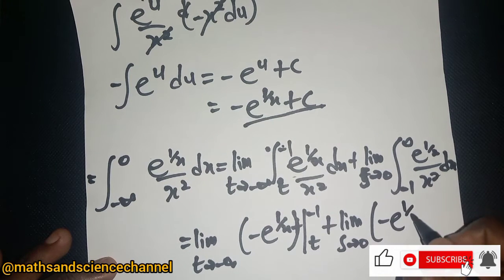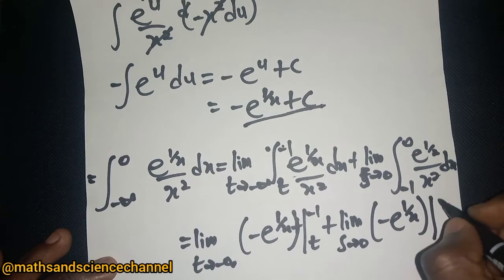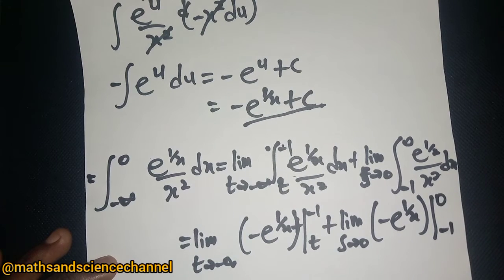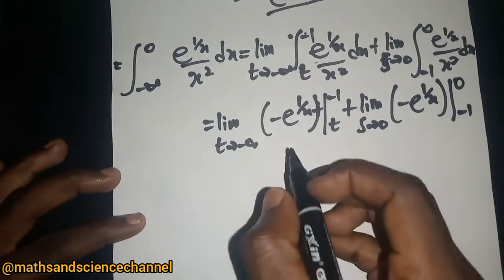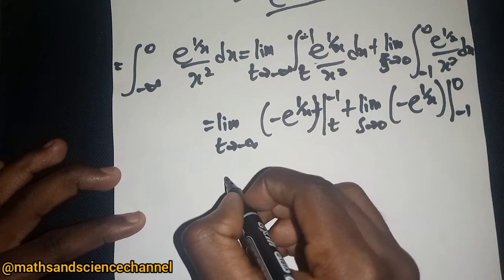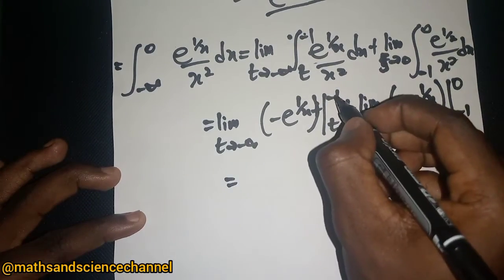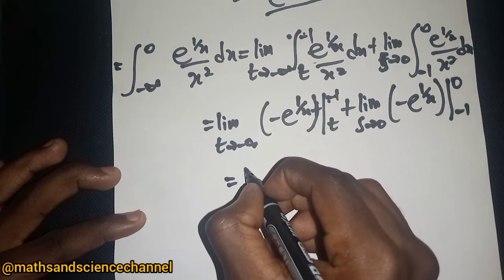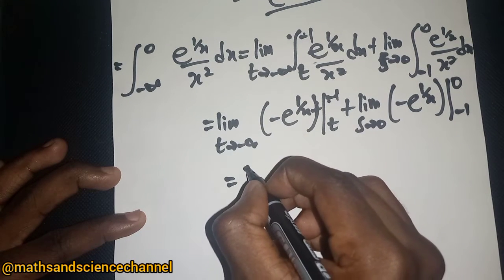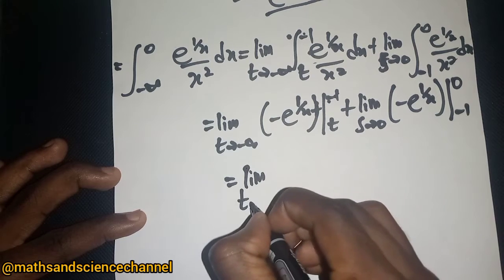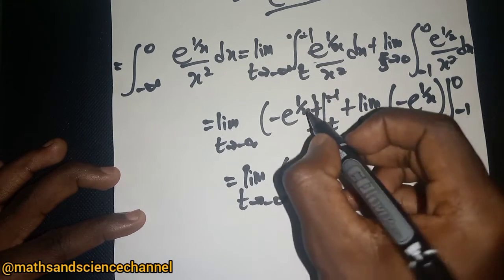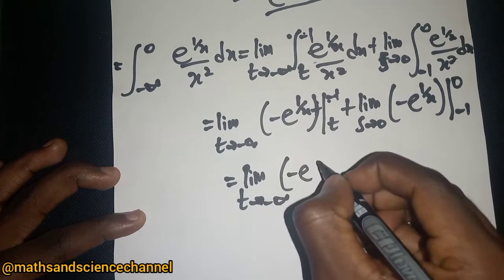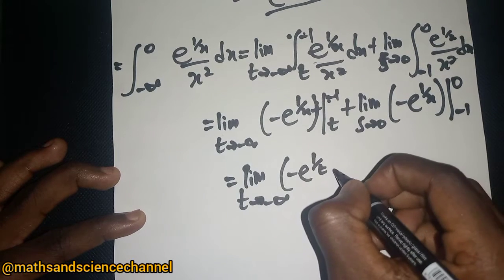negative e to the 1 over x here, but this time it is 0 and then negative 1. So that's it. What we are going to do next is put the limit into it. So putting the limit into that, we have the limit as t is approaching negative infinity, then we can have negative e to that over t, then